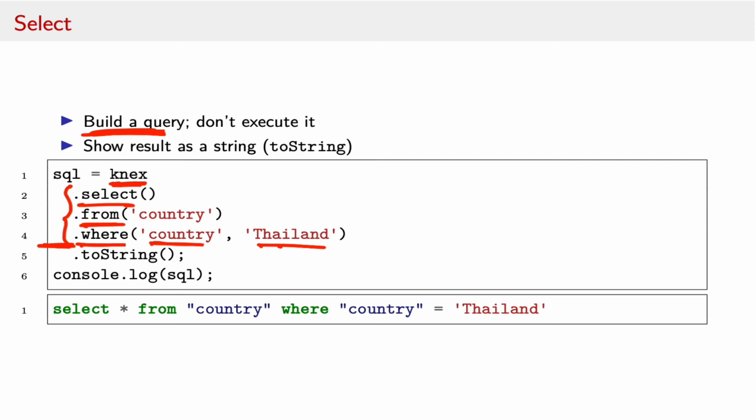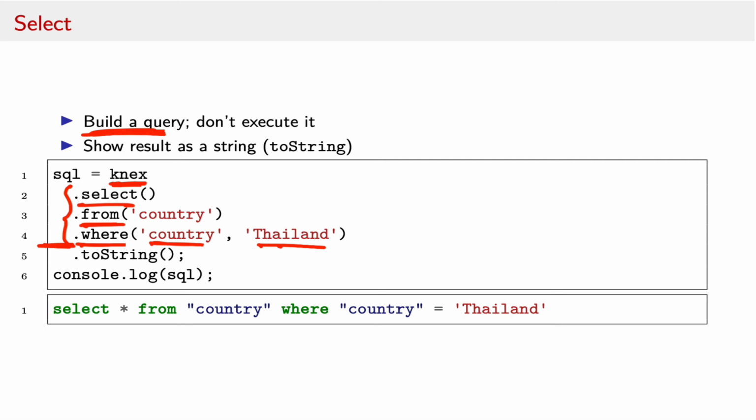Now, one of the things that you find is helpful when you're first getting used to using a query builder like this is that you want to be able to leverage your knowledge of SQL to understand if you're invoking the query builder in the proper way in order to generate the SQL statement that you think you're going to generate. And